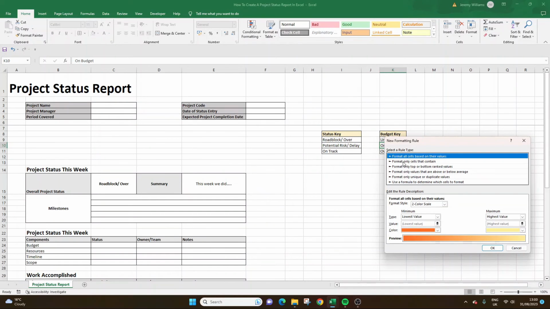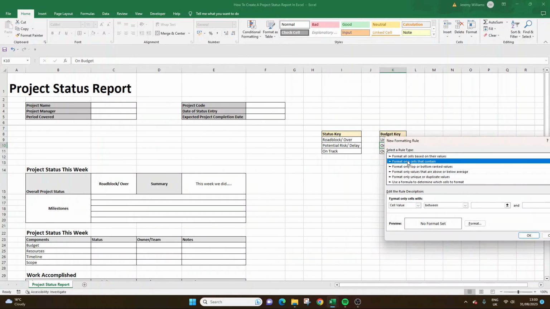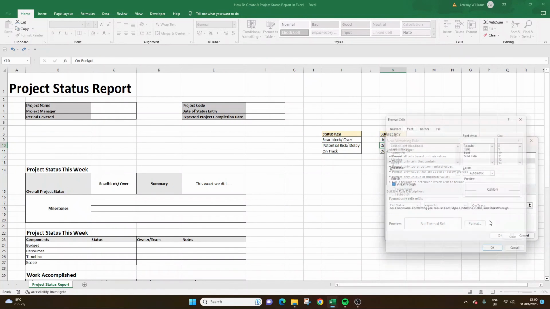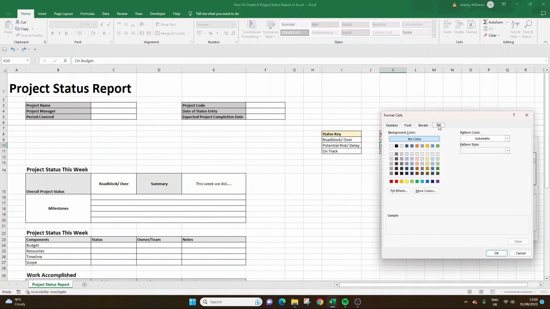So format only cells that contain, that's the rule type I'd suggest you use, cell value equal to, and then we're going to have on track. Write the text exactly, then click the format button, click fill, and then put green. Press OK,